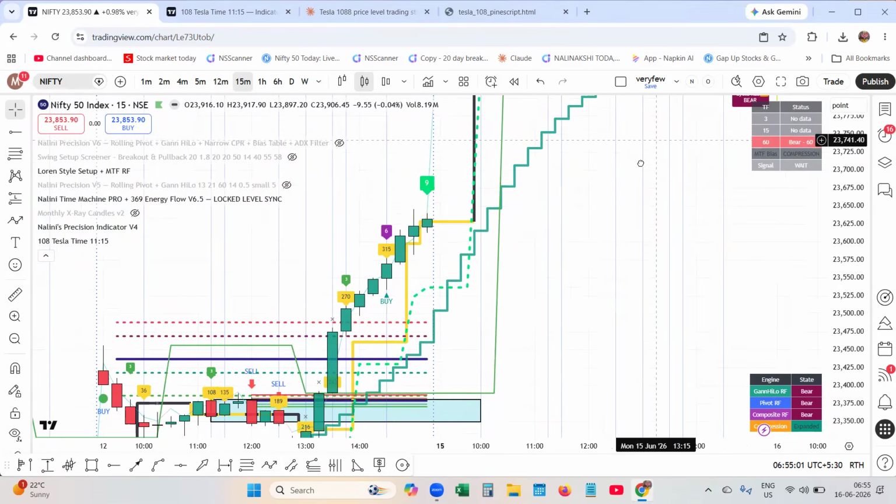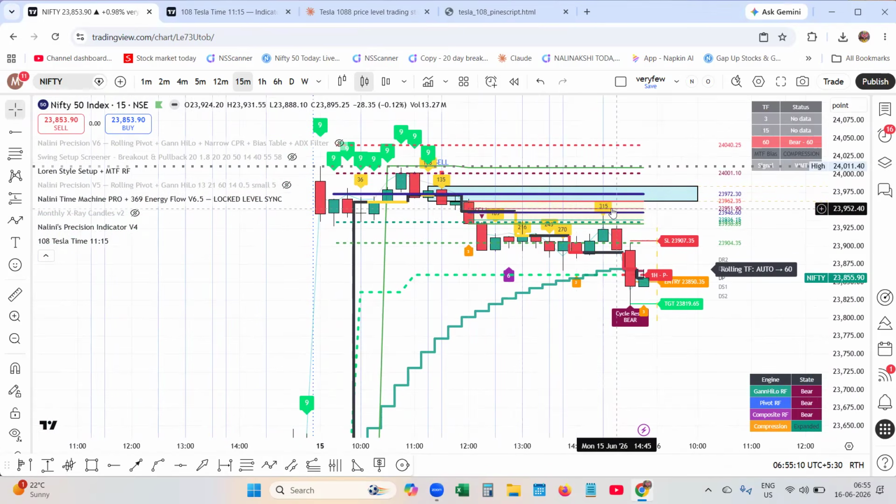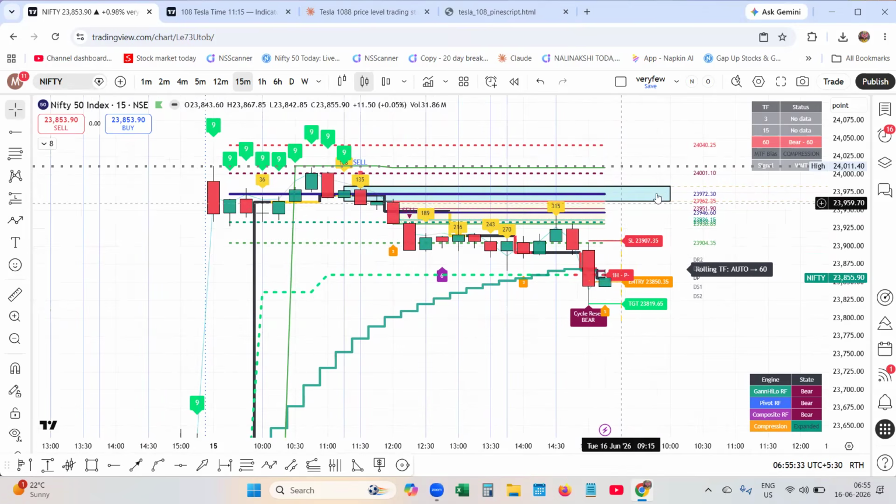Let us go to the top. What happened yesterday? This was the Tesla zone and price started falling below the noon layers. You can see the noon layers over here and also the pivot, and it could not sustain. It went through consolidation through the time cycle and finally closed below. Now today, suppose price starts trading above this Tesla time,